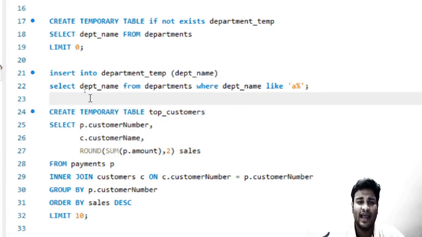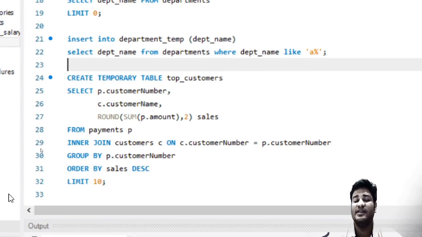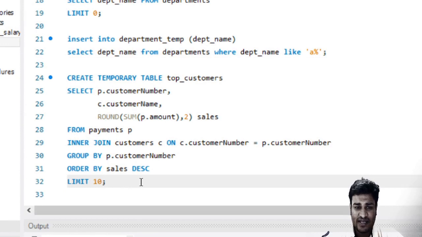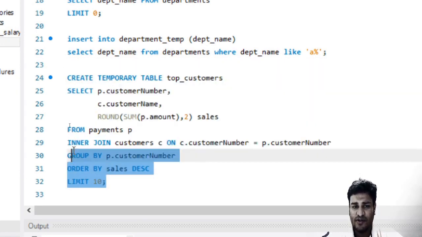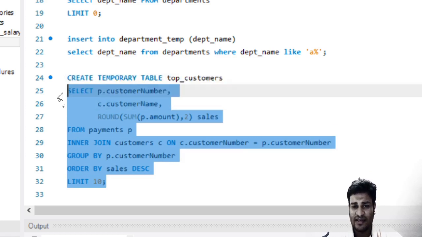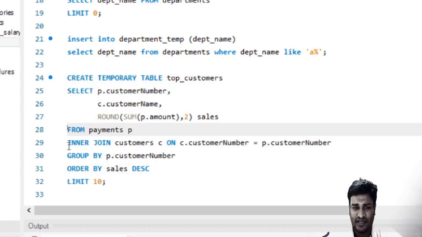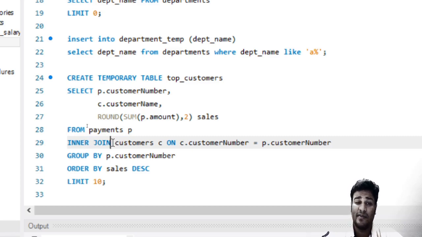You can see over here, I majorly wanted to explain that the working of temporary tables and tables is very similar. They do not have any difference, but there is a specific purpose of temporary tables which has already been defined to you. And as a performance engineer, it is very important for you to make sure that temporary tables are used in a good way. So again, you can see this query. Queries will be something like this. You need to make sure that a query like this, which has some joins, like an inner join, is not repeated again and again.